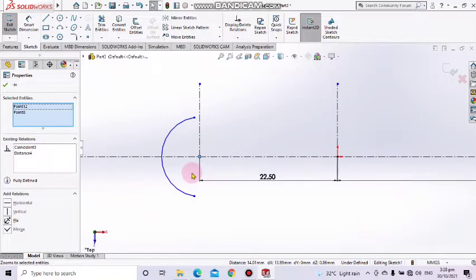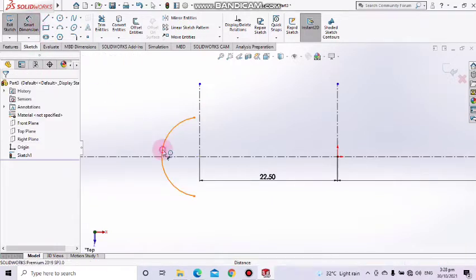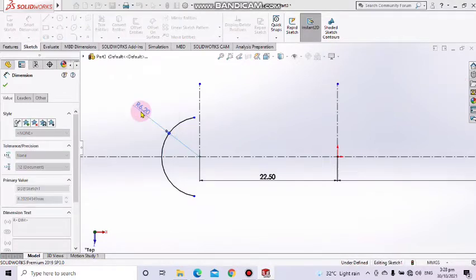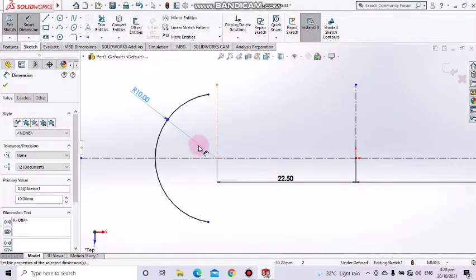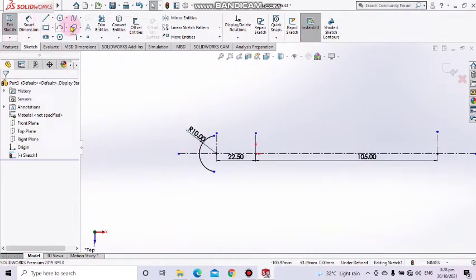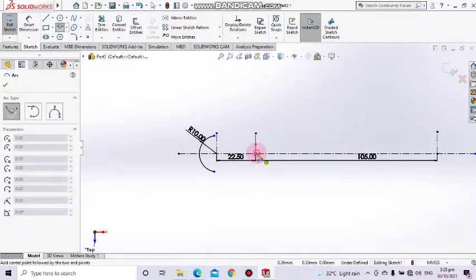Then after that, let's click this part and also this part, vertical. Then let's have its dimension 10. Then next is, let's have here a center point arc here,